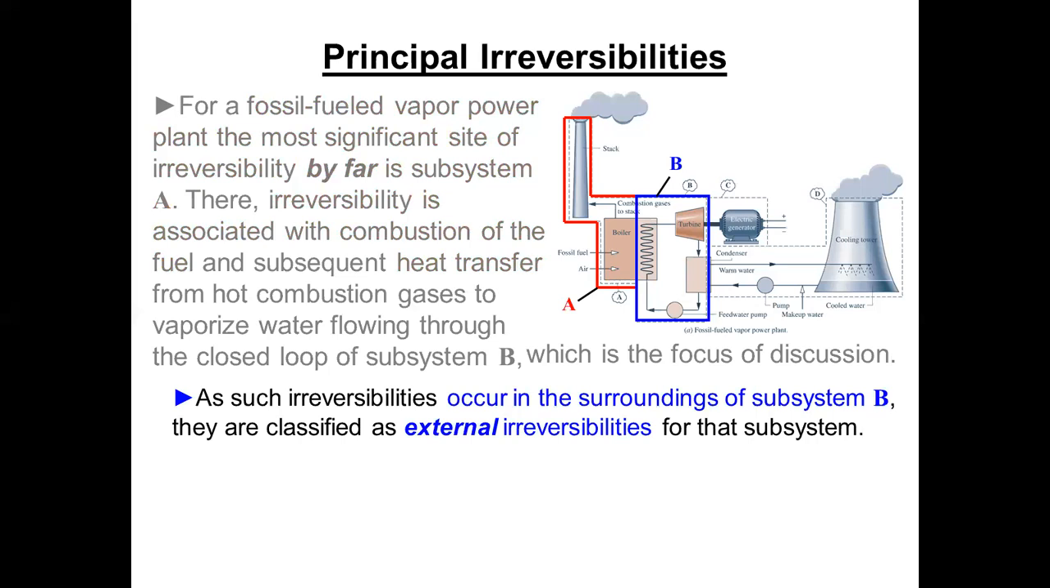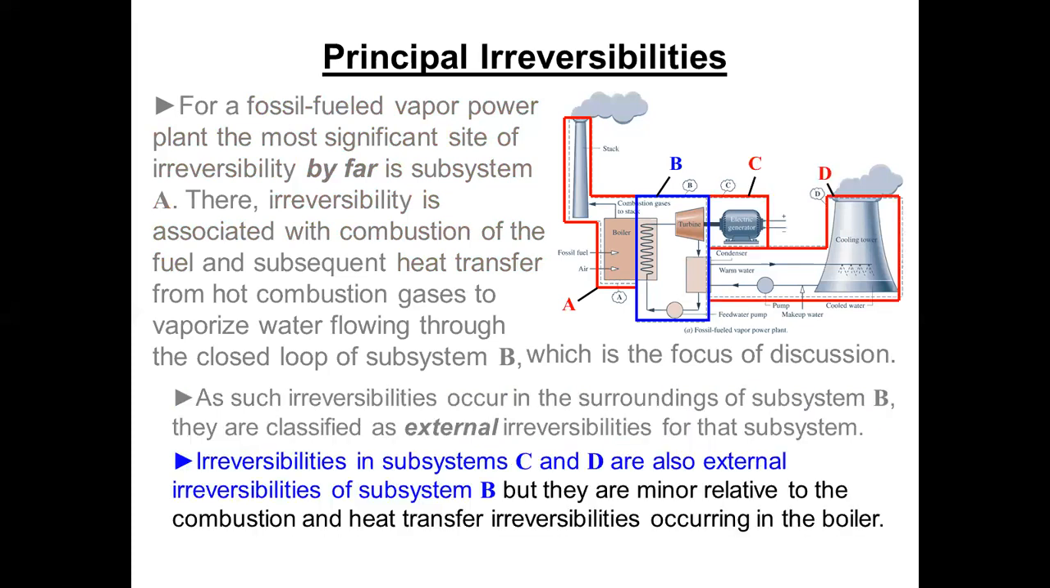Irreversibilities occur in the surroundings of subsystem B, and they are classified as external. In thermo, we draw a control volume, and any irreversibility outside of what's inside the control volume is considered external irreversibility, and then anything inside is obviously internal irreversibility to that particular subsystem. Irreversibilities in subsystems C and D are also external to our Rankine cycle in B, but they are relatively minor compared to combustion and heat transfer that go on in the